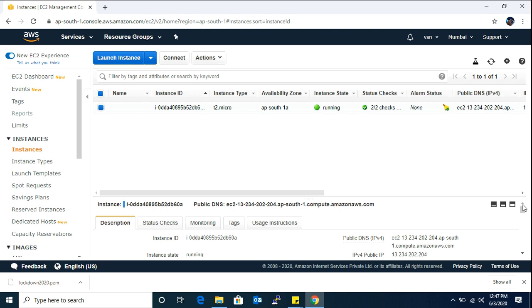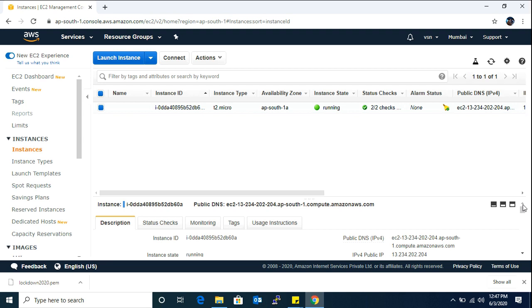So now our EC2 instance has been created, and now we can access this instance. So guys, you can see all the things here: EC2 dashboard, and